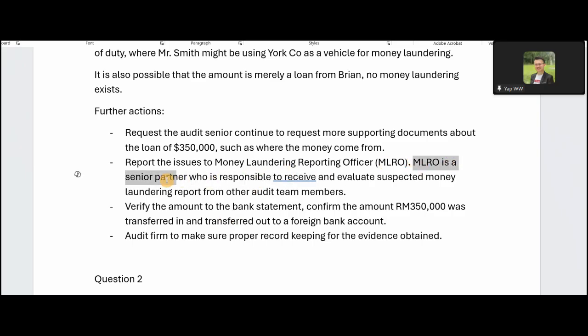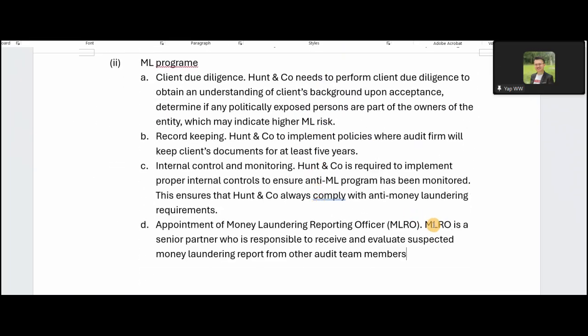MLRO is a senior partner who will be responsible to receive and evaluate the suspected money laundering report and determine whether needs to report to a third party or not. Report suspected money laundering to relevant authorities. So they are the one who make the decisions. Okay. I know there are 5 points that you know, but the questions only ask you to write 4. So each of the answers you will be getting 1.5 marks. So in total you will get